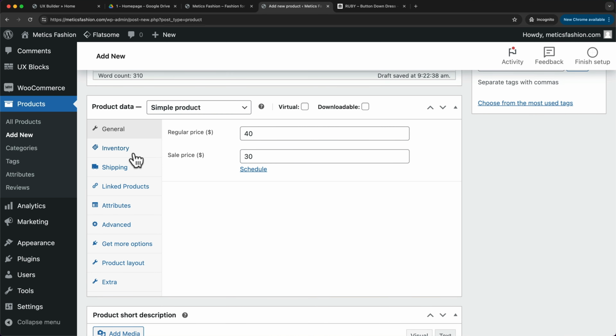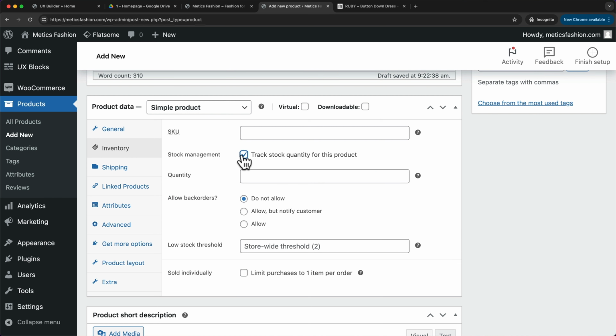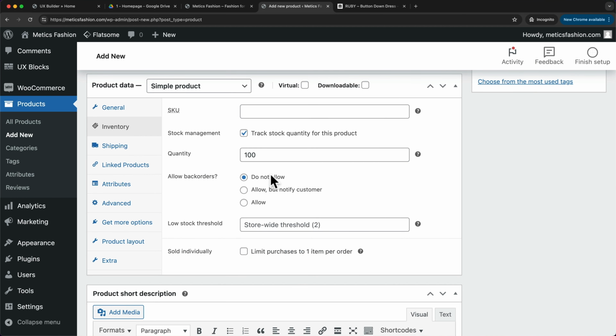Let's move on to inventory. Here you can add your SKU identifier, which is just for you to keep track of your products. I'm going to leave this empty for now. Then we can also track our stock in WooCommerce. So we can tick this option and then enter the quantity we currently have in stock of this product. Let's say we have 100. And then once somebody purchases this product, this number will also go down and you can track your inventory here